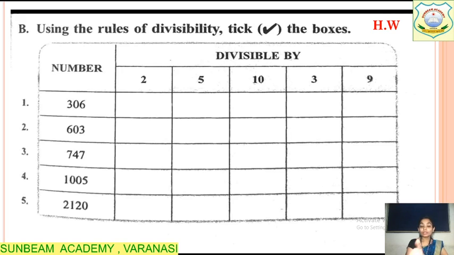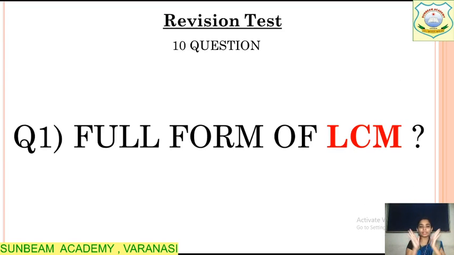So this is your homework. First, let me tell you, this is your homework. You need to do this by your own. It is on page number 109. Write down the date and do it by your own. Page number 109. So let's start the test. There are total 10 questions. It is of 10 marks. So write down the date over here and start writing the answers. You can do it like this: date, then write revision test, and start writing the answers like this: 1, 2, 3, 4 in this way. Okay, directly you can write answers.